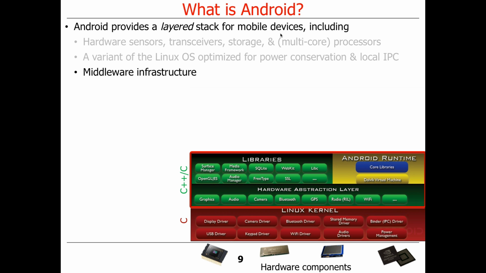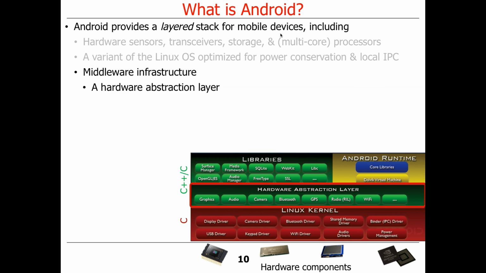The easiest way is to look at middleware as being the layers of software that sit on top of the operating systems, but underneath the underlying applications. In this particular case, there's a bunch of different things in the middleware infrastructure. There's a thing called the Hardware Abstraction Layer, which we'll talk about in a little bit more detail in a second. The Hardware Abstraction Layer basically tries to provide standard interfaces for otherwise inconsistent hardware devices you find in modern smartphones, like cameras and radios and those kinds of things, which you have not historically found in more traditional desktop